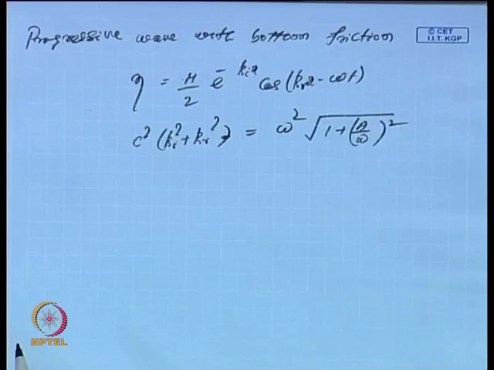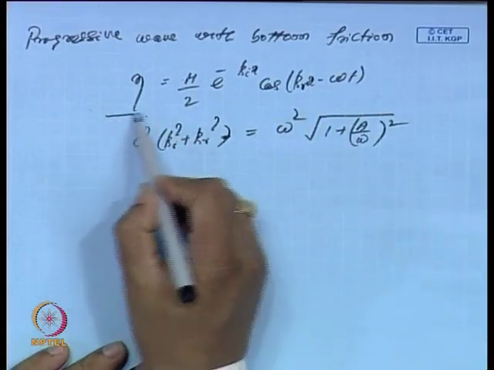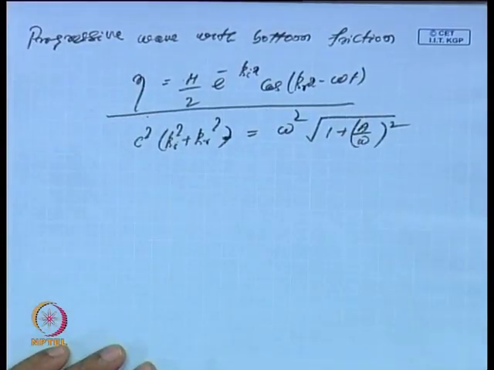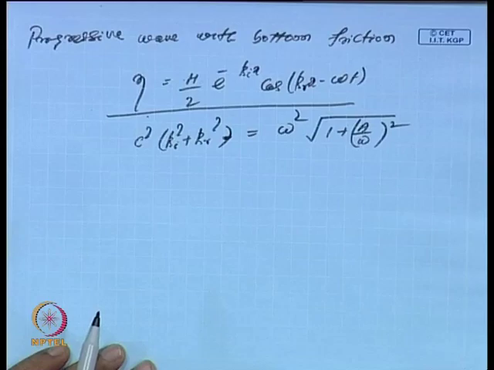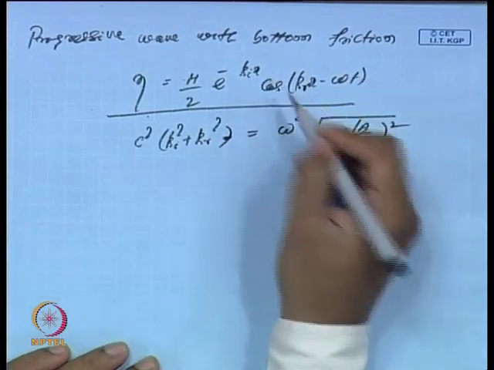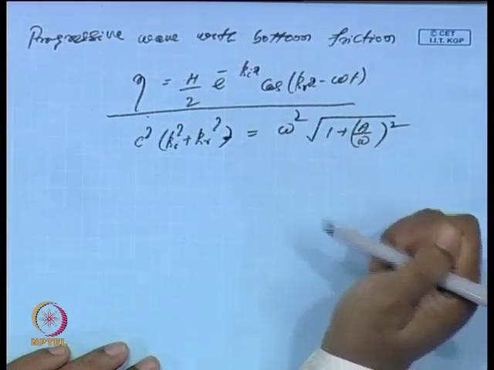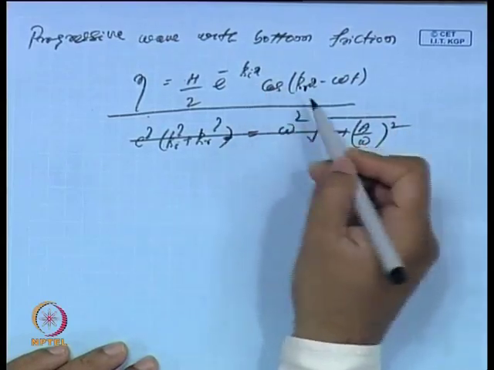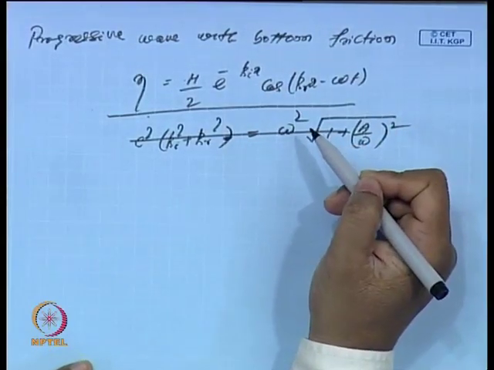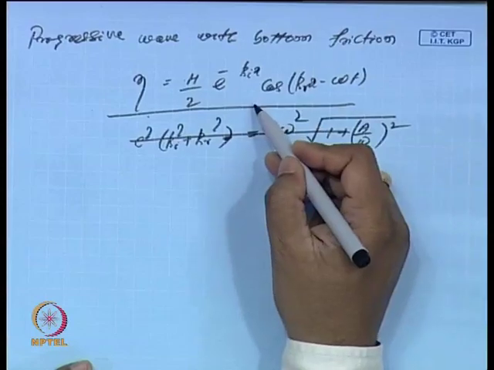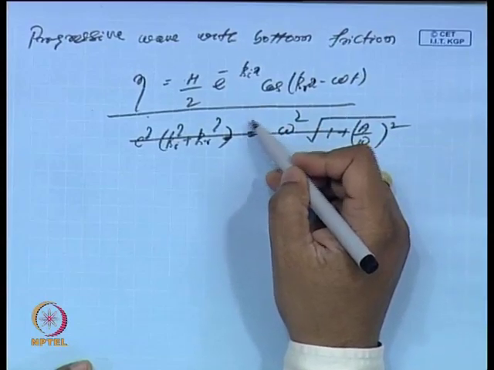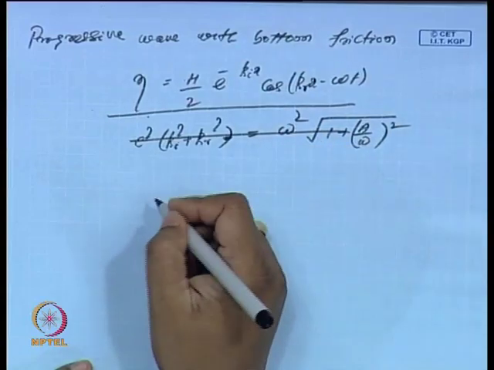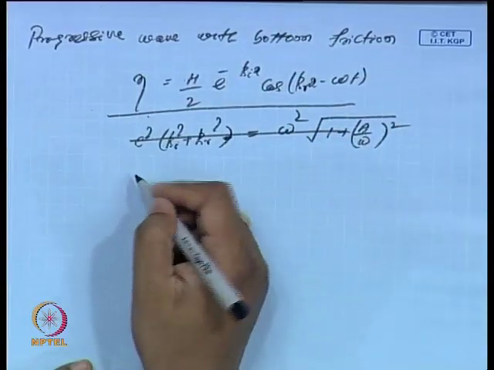So, here what will... sorry, if this is the form of the solution, then if I substitute, because here I have to know what is my k_i, what is my k_r. I will come to this. I have to know what is my k_i and what is my k_r, and then if I substitute for this in the original equation, what it will give me is that my k_r